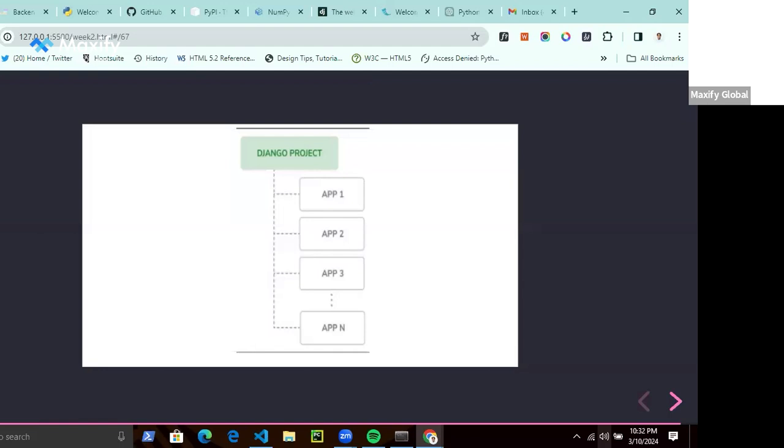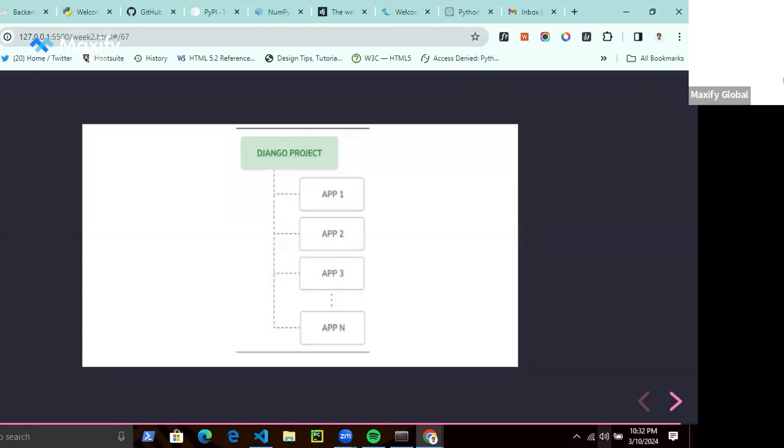Now, an application is different, right? So applications are actually inside your Django project. Let's say you have a website that has a blog. A blog can be a separate app in your website. Think about your website having a forum, right? A forum can be an app.